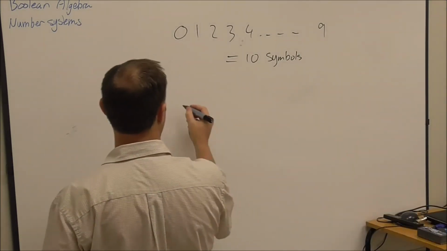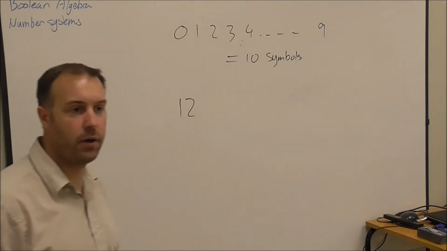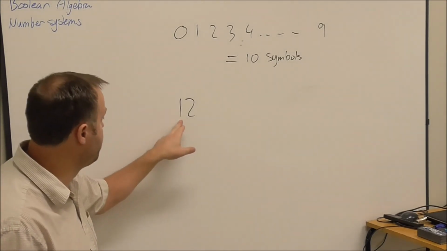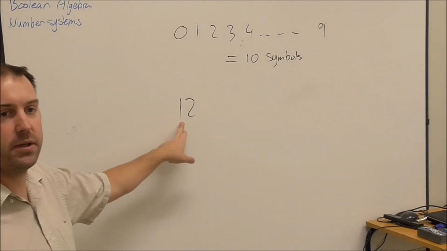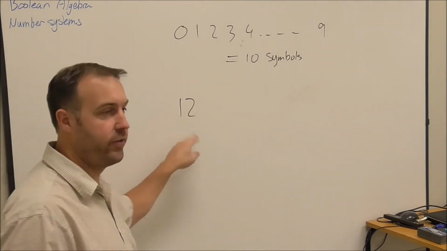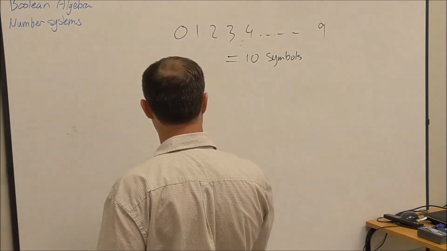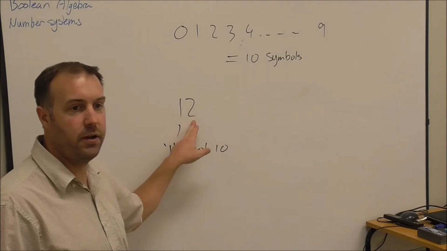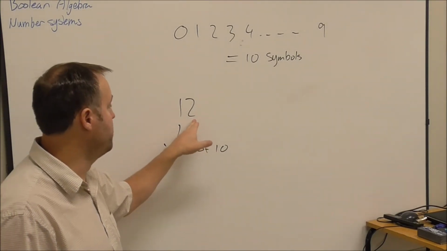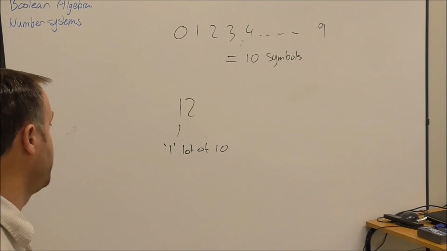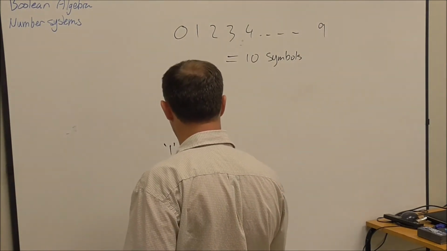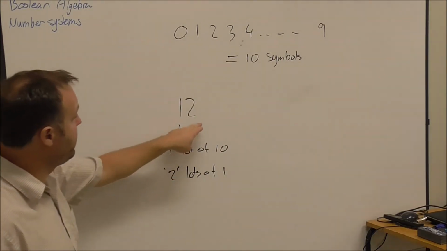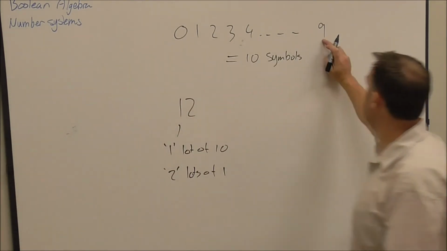Okay? So in the example 12, what does the numeral 1 in this number 12 mean? It means we've got one lot of 10, doesn't it? Okay, so one lot of 10. And what about this one here? What does the numeral 2 mean in 12? 2 lots of 1, doesn't it? 2 lots of 1. Okay? And so basically what's happened here is that when we get to 9, we go up to the next one by getting a second digit, and that's the first one that's not 0,